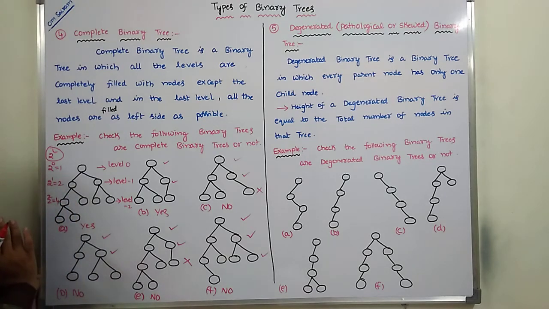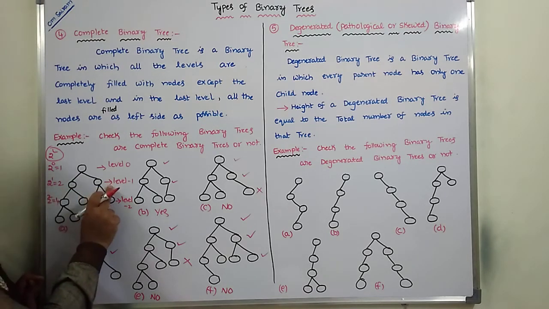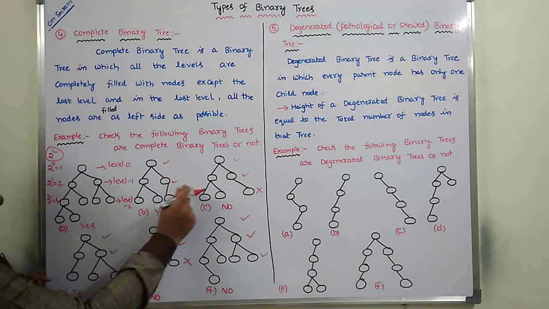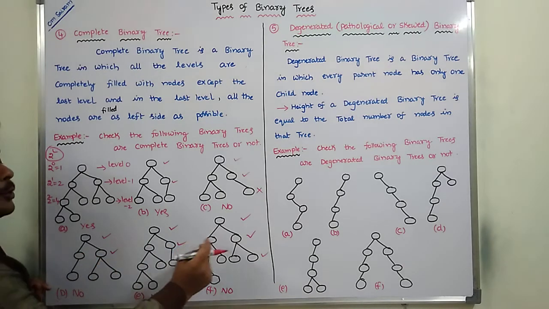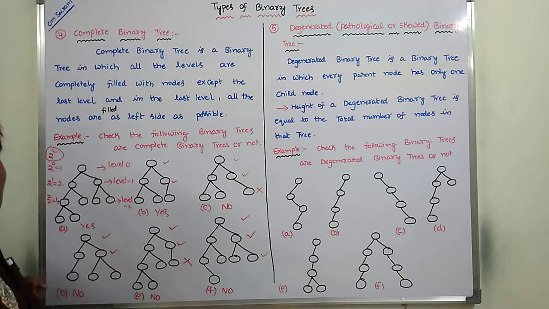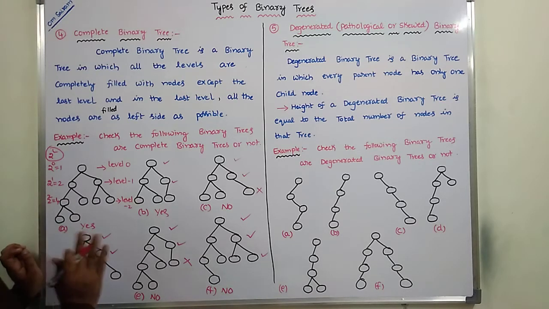Two nodes are there. In the first figure, two nodes are there. In the second figure, two nodes are there. In the third, fourth, fifth and sixth figures, two nodes are there. In all diagrams in level 1, all diagrams satisfy it: they contain two children or two nodes.